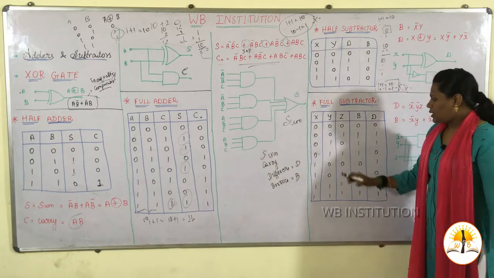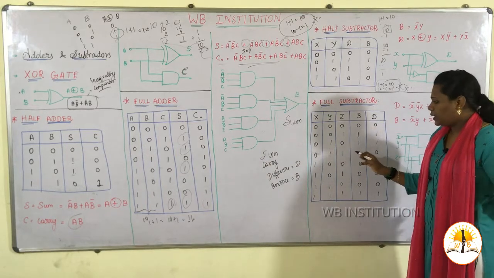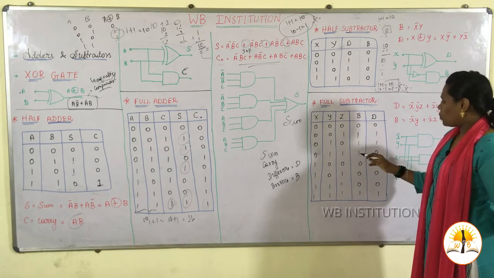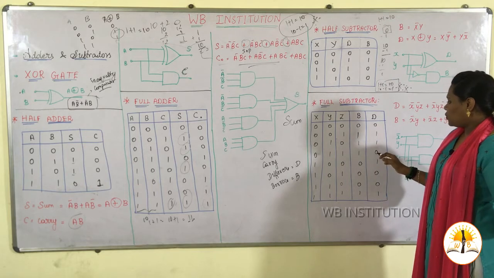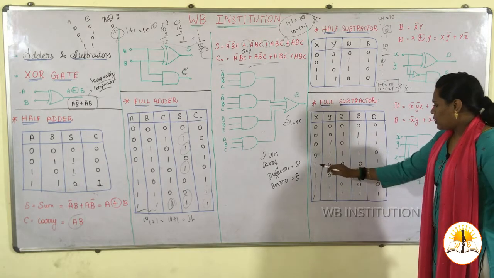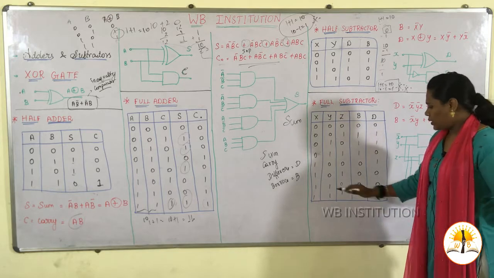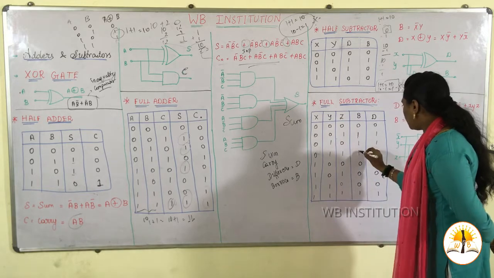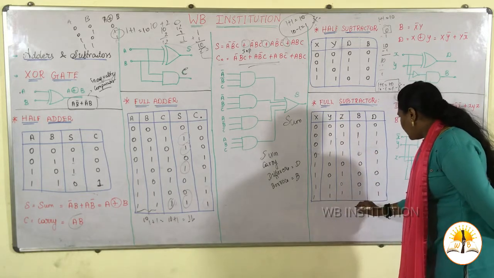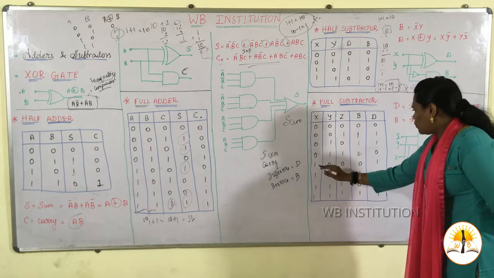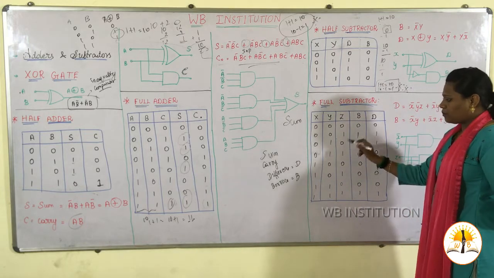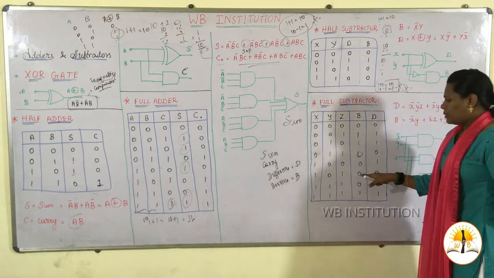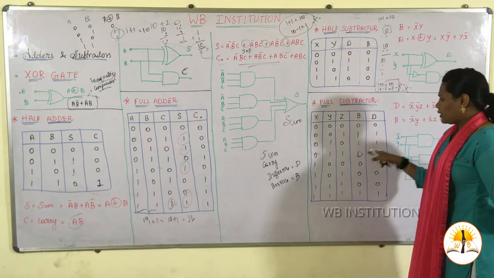In this way I have done the same thing here. If double 1 comes here, 1 minus 1 is 0, so the difference is 0 and the borrow will be 1. Like that for 100, the same thing, 1 0 1, and triple 1. Finally, for triple 1, let me check. For 100, the difference is 1 and the borrow will be 0, and in the same way for double 1 everything will be 0.